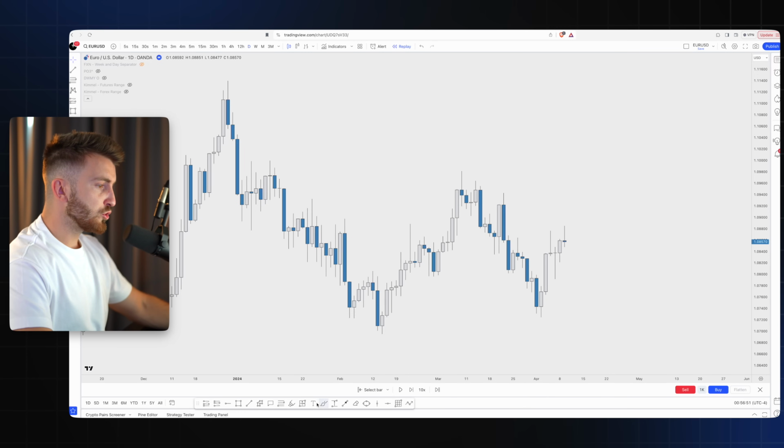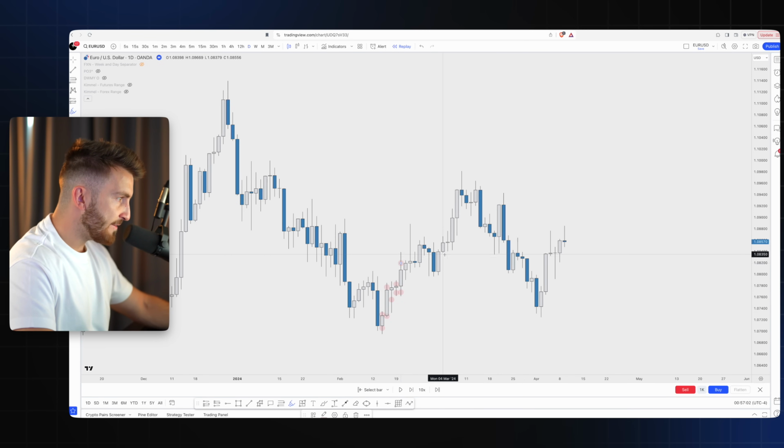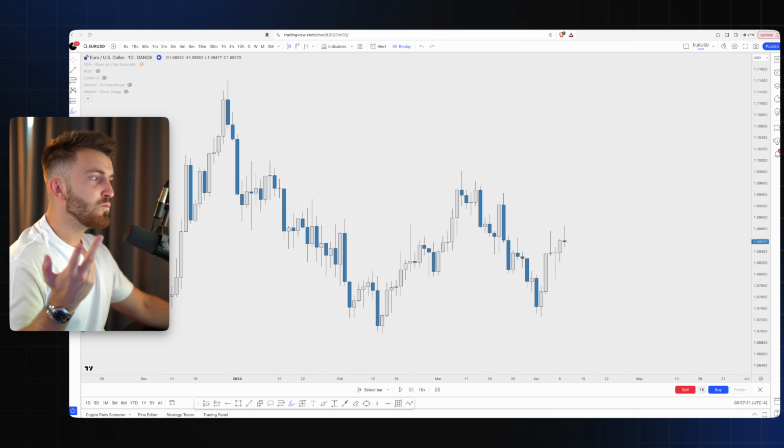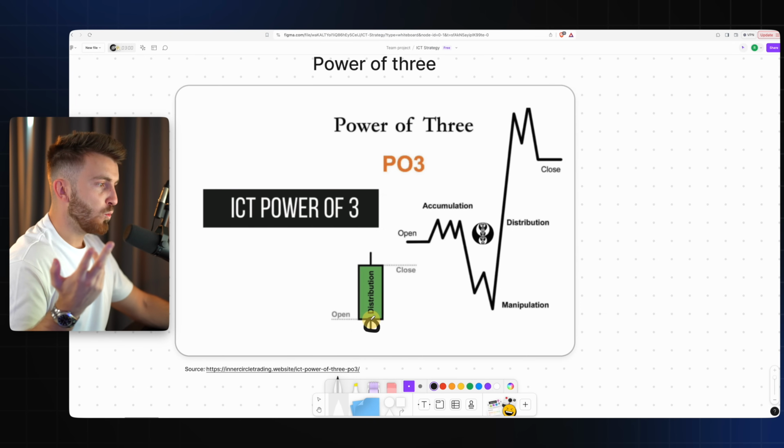So if we go onto the charts, once again, what can you see? From here to here, you have wicks on both sides. There's no candle that doesn't have a wick. This one is very, very small. This close is very, very small. But all of the rest, you have a huge manipulation wick followed by the expansion. In all of these days, you can see 2 days that it didn't really have this wick at the low,